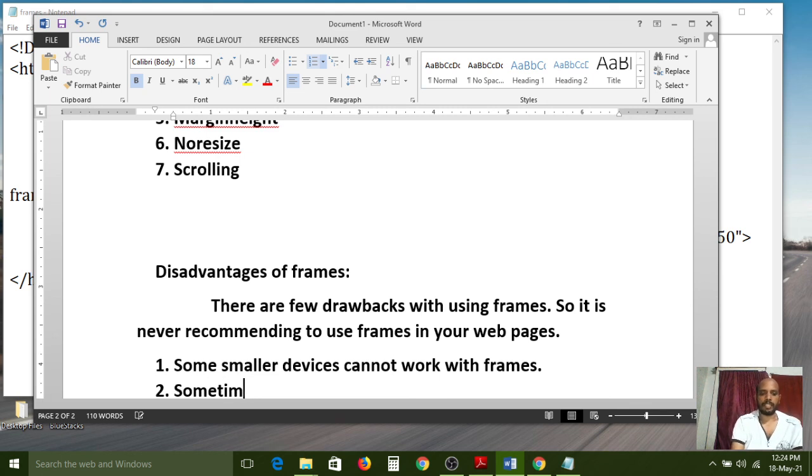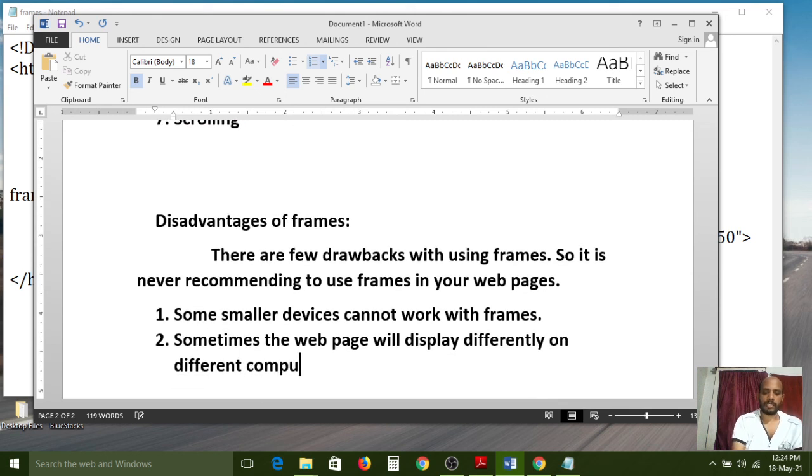Sometimes the web page will display differently on different computers.